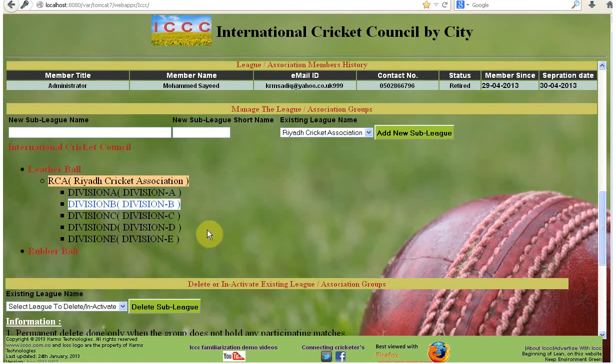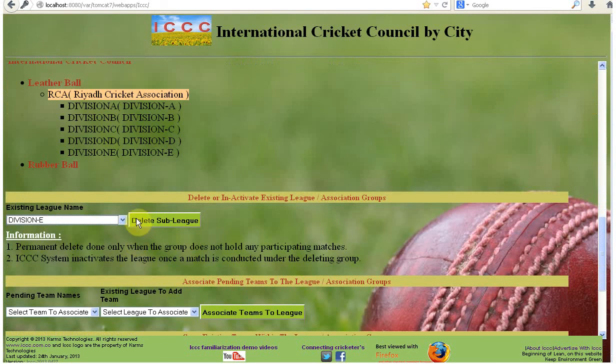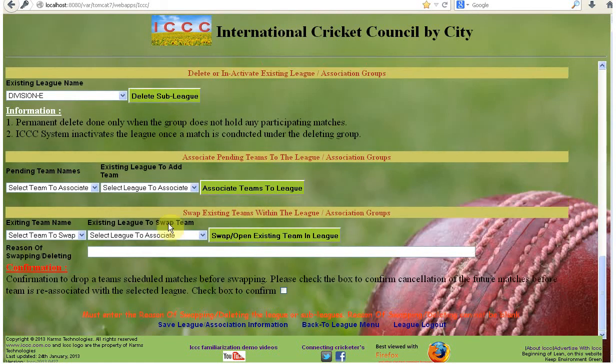If you go further down, you can also eliminate the existing leagues. Let's say I don't want the league E that I have created, so I can delete league E. It asks us to enter the reason, so I'll say testing, and then once you enter the reason, press delete.